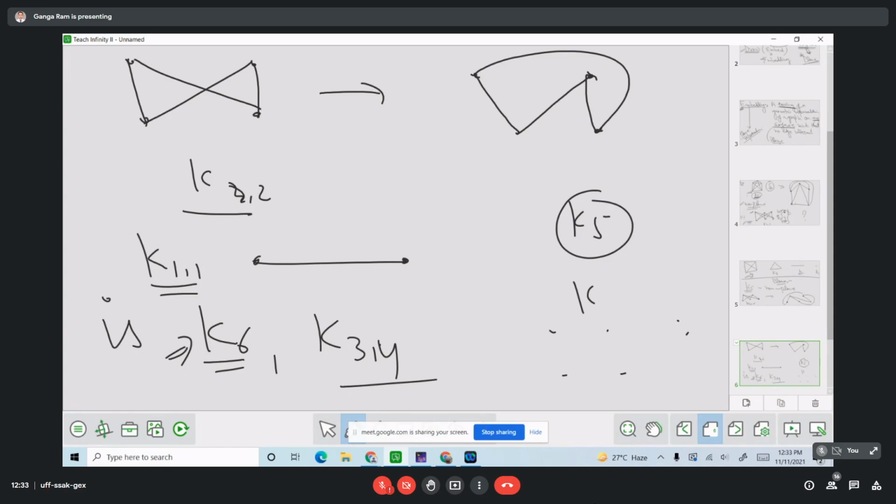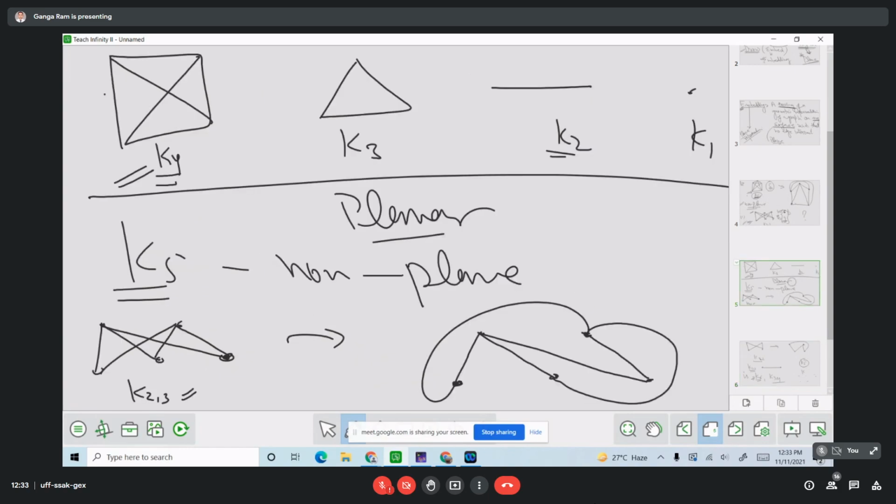Okay sir, because the vertex, a single vertex, is connected at this time. If your K2 complement has only this vertex, this graph has no edge, so without crossing the edge, how can you say these are crossing? So it is always a planar graph.